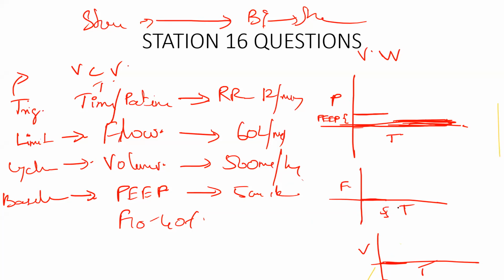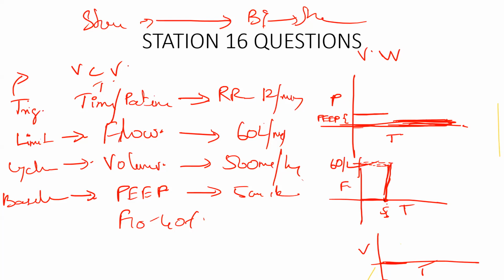Now 5 seconds have been reached. So what happens once we reach the trigger point? Once we reach the trigger, the ventilator will rapidly increase the flow to the set flow, which is 60 liters. Understand this point? Sir, how do we decide flow? You can set up to 90 liters in the ventilator. So you have set 60 liters. Once the trigger point is reached, the ventilator will start blowing air at a rate of 60 liters per minute.